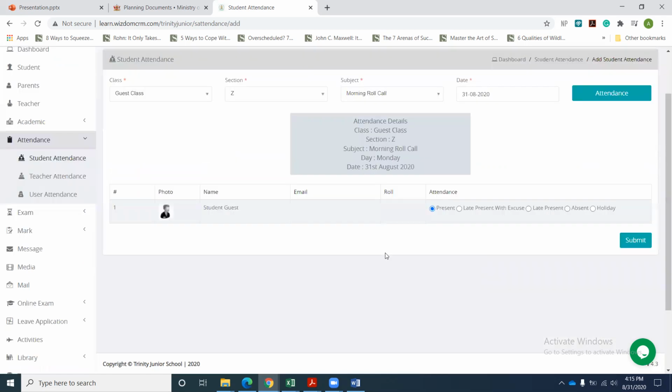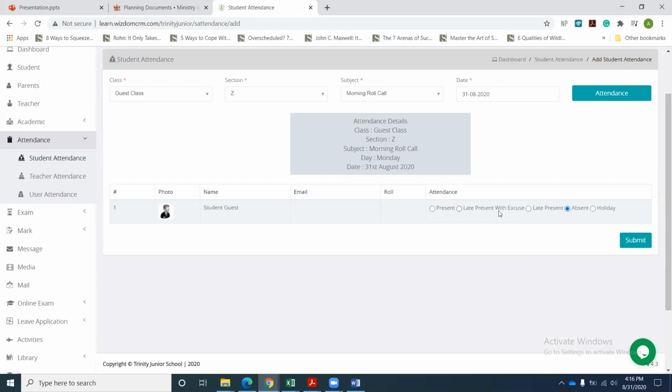As I said, I only have one class. So this child was late but present. Late but present. Came to school late. Obviously, you're going to see an entire list of your 20, 30 children. You can either have a child present, a child late. The parent had called you to state that the child was having difficulty logging into the system, and therefore the child was late with an excuse, or the parent never spoke to you, and the child comes in and the child is giving you an excuse of their own, but I would not call the child's excuse an excuse. I would want to know from the parent for sure that that is the excuse,